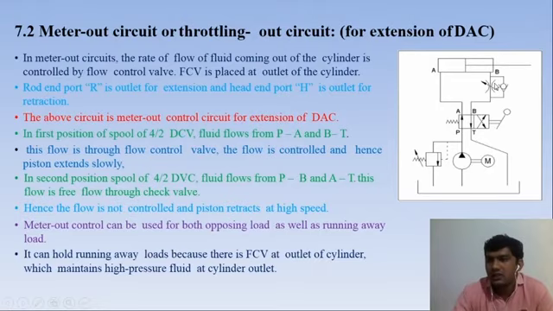Fluid will be controlled by the use of this system. And in the reverse position we can also easily pass the hydraulic fluid due to the non-return valve. So these are the applications of the meter out circuit. This circuit we can also design for retraction. If this valve is shifted to the left hand side, it's called meter out circuit for extension of a double acting cylinder. So here are the two systems, meter in and meter out. Meter in circuit is used to control the speed through the inlet fluid flow, and meter out circuit is used to control the outlet fluid flow for controlling the hydraulic speed of the cylinder.